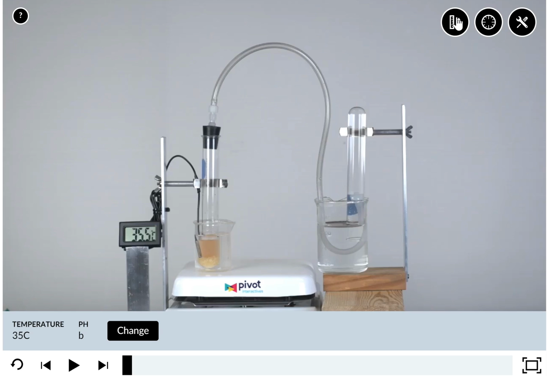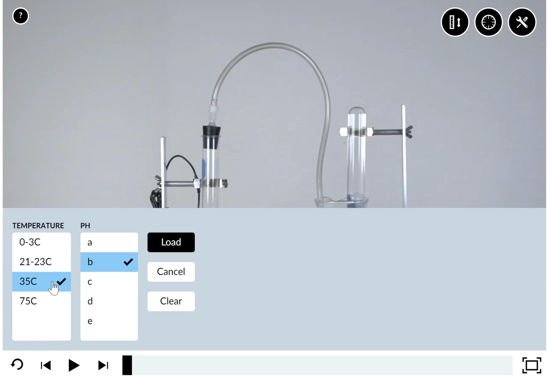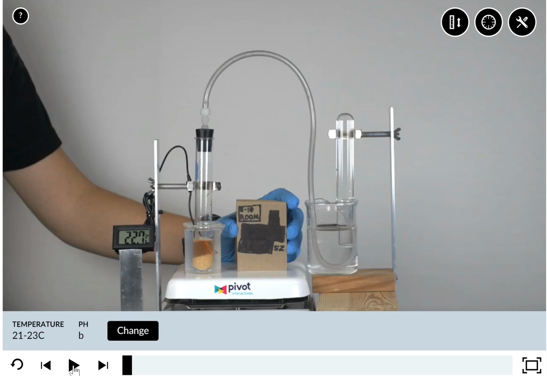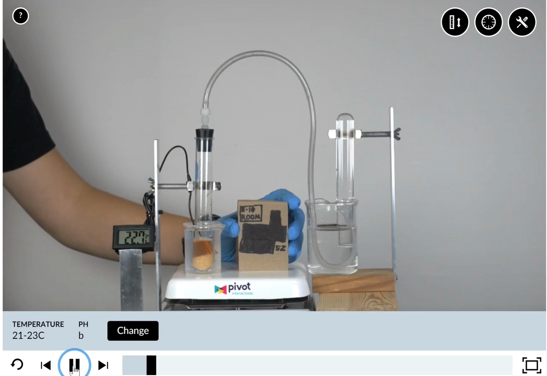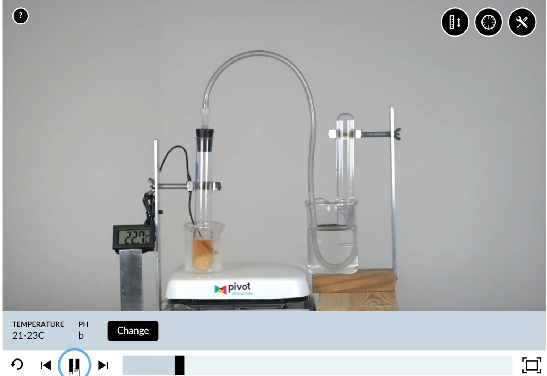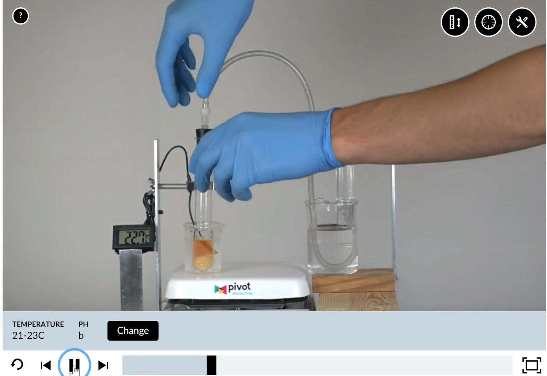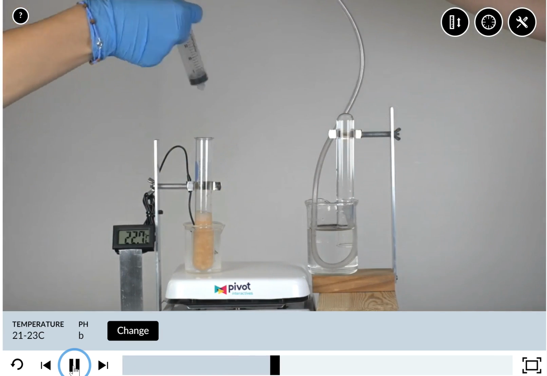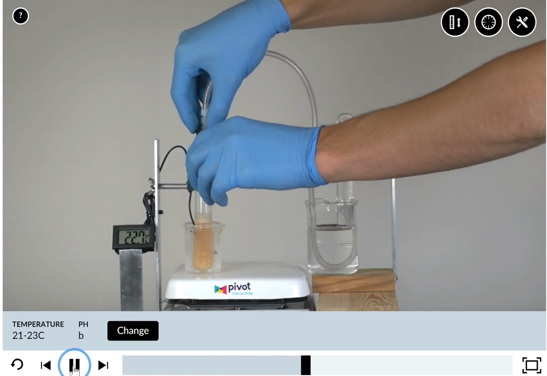Now, how do you actually measure that? You're going to use these tools up in the top right hand corner, and I'm going to show you how to do that. So let's say that my group is testing temperature. So I'm going to start and load up 21 to 23 degrees Celsius, and I'll hit play. Okay, so they're going to do it for me on Pivot. They're going to add in the hydrogen peroxide, cap it back off,